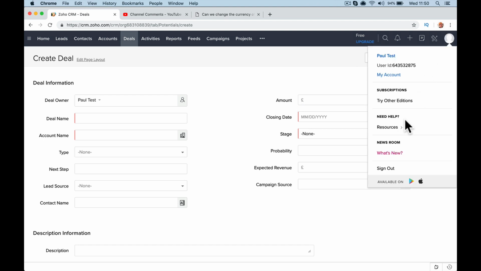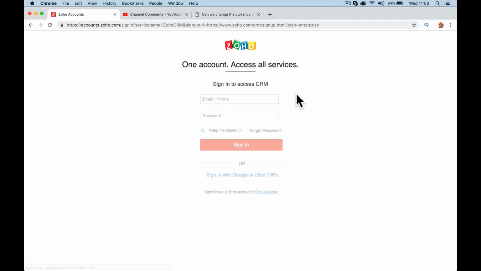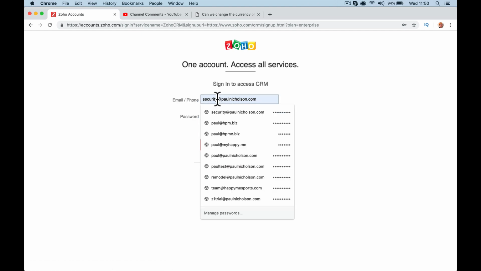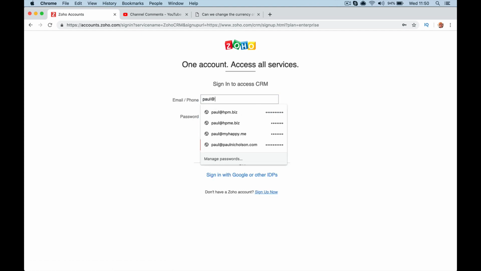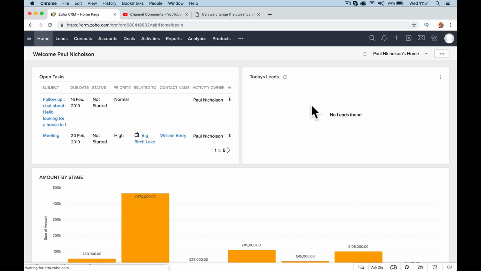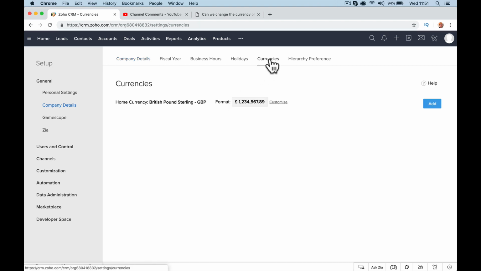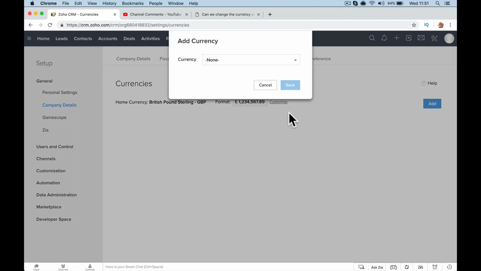So if I log out of here and show you in my test, I don't think it's set up yet though. Let me try and remember my login. In the enterprise level, I'm not sure if you set this up on the free trial of Zoho and then you change it before the trial runs out. When I go to company details in the enterprise, I've got currencies up here, right? So what I've done is set the home currency, and then to have multi-currencies, I would add United States,